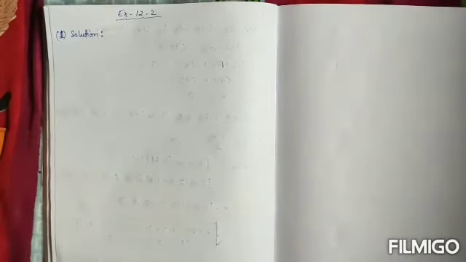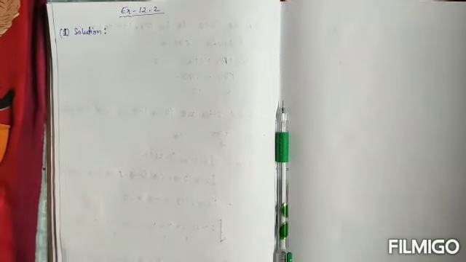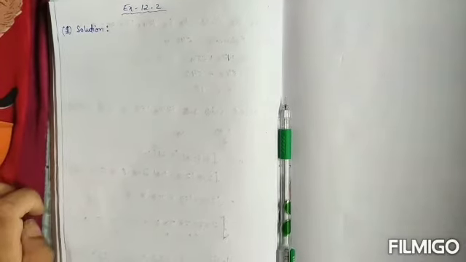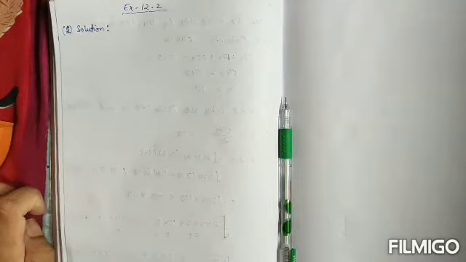So in exercise 12.1 we learned how to find the area of a triangle using Heron's formula. Now Heron's formula, however, can also be used to find the area of a quadrilateral. So you know what is a quadrilateral, right? It is a geometrical figure having 4 sides. Now we will learn how through exercise 12.2.